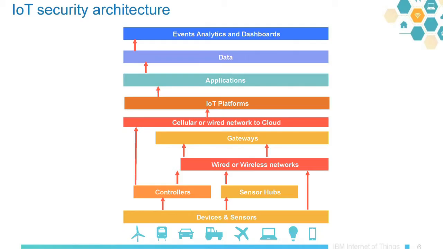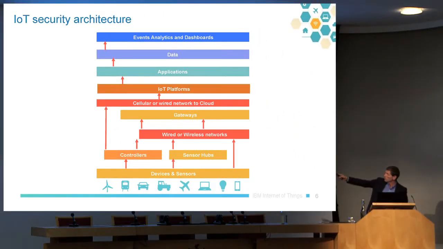So when I look at this diagram, I actually see it as the previous diagram spun on its head. But I leave it in here because it shows, again, the vast number of interfaces to be concerned with in Internet of Things applications. We have the devices and sensors and controllers and sensor hubs and into the gateway space, as we've talked about most of the day here. Yep, there's a lot of potential attacks and a lot of risks in that space.